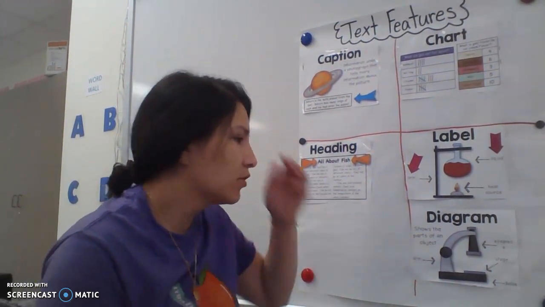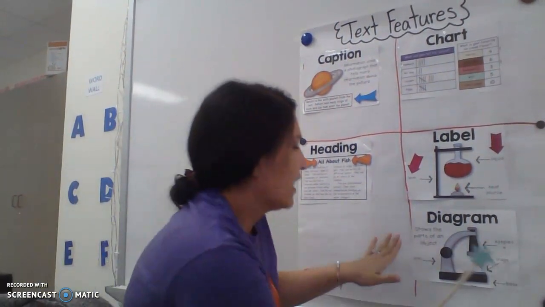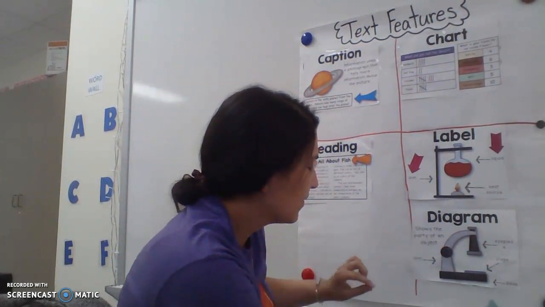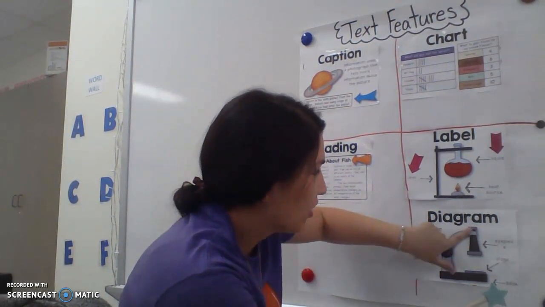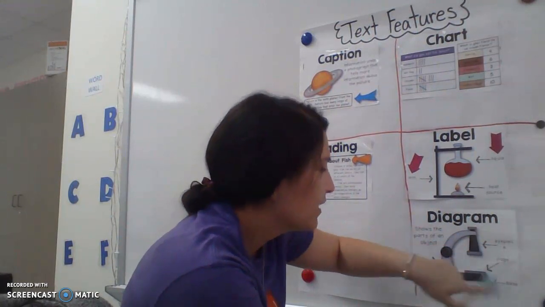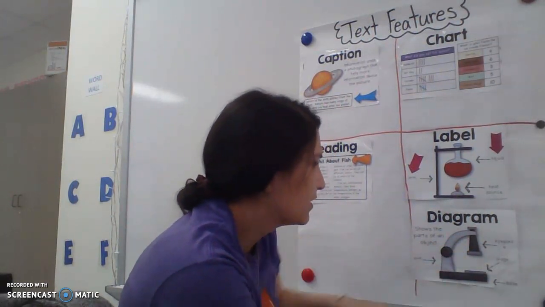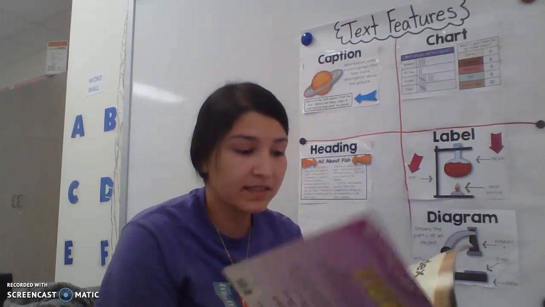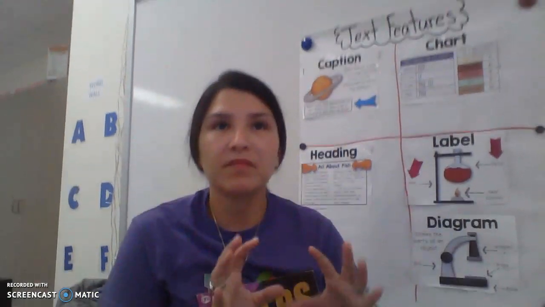These are so similar. A diagram is an outline or drawing that shows how something works. So, a diagram. So here is a little microscope, okay? So it's pointing to the arm, this is pointing to the eyepiece, and to the stage, and to the base. So if you were reading a nonfiction text like maybe tigers, you might see a diagram in here that would explain a different part of